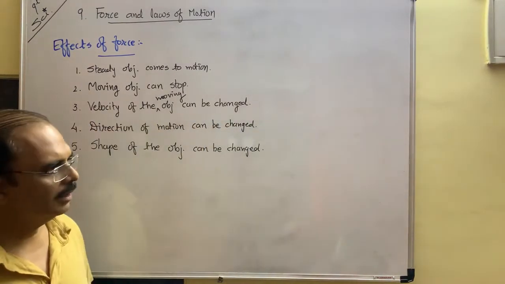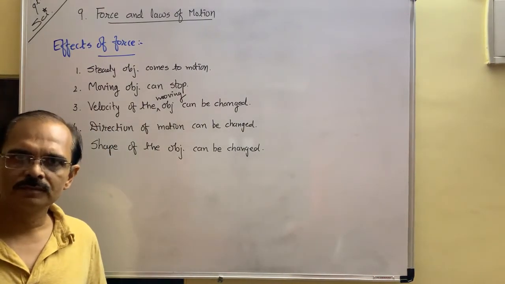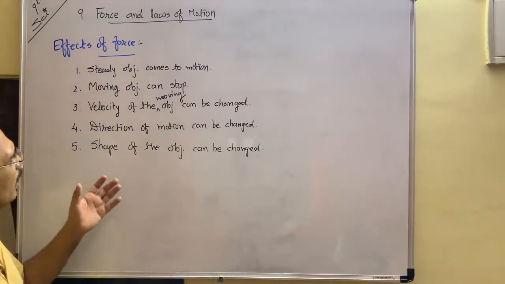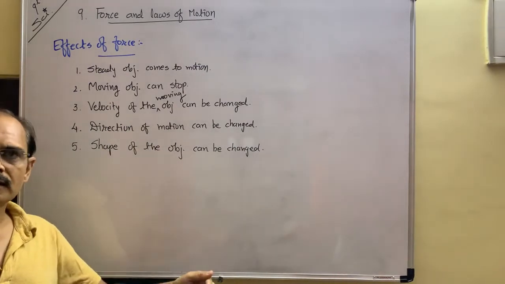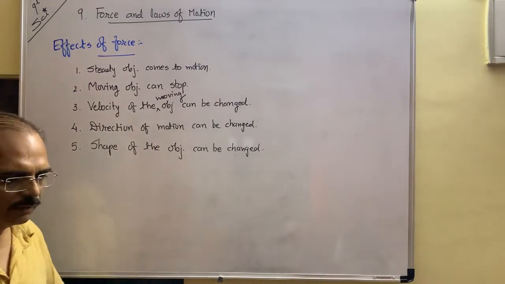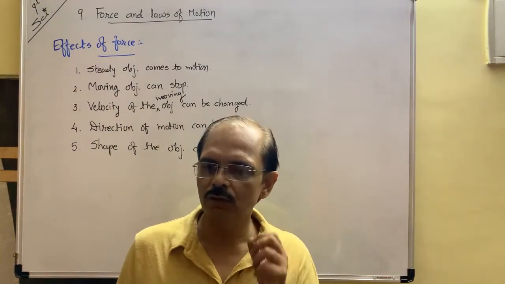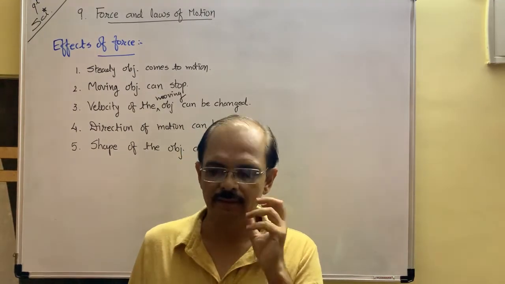Okay, if you apply force on a moving object, it can be stopped. Maybe the velocity of the moving object can be changed. Maybe it increases, maybe it decreases. Direction of the motion can be changed. So these are the effects of force. When force is applied to the object, what happens? These are the chances. Now,